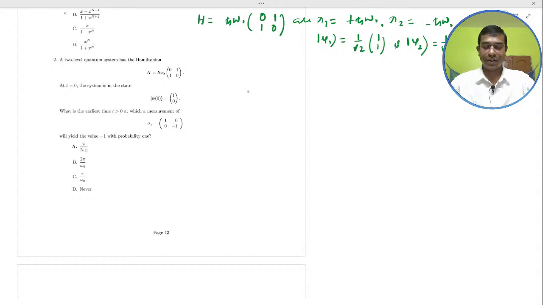Thus the state psi 0 equal to (1, 0) can be written as